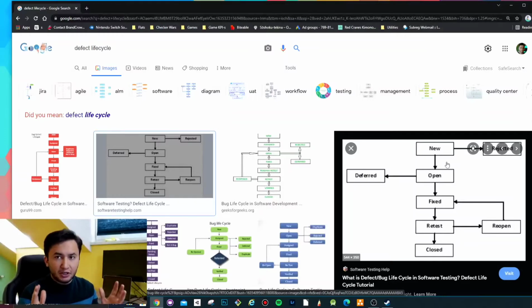Hope this concept is clear, and now let's validate this on examples of these diagrams. So here, in this case, you have a new defect which you're just about to raise, and there are two options from there. When you raise a new defect, it can happen that it gets rejected. I didn't cover this in the previous example, but it could be that you